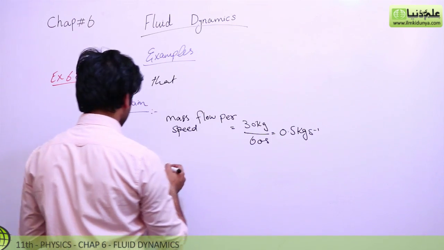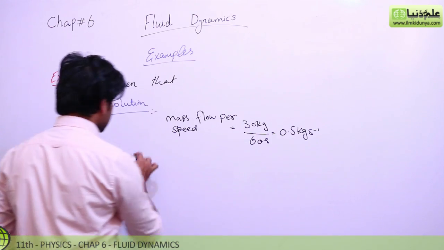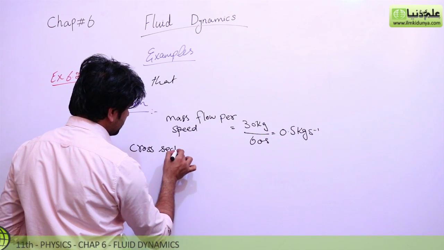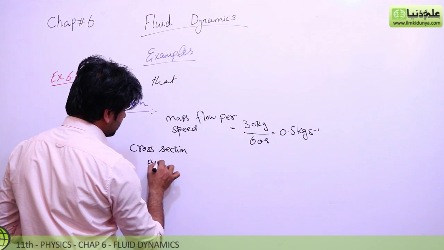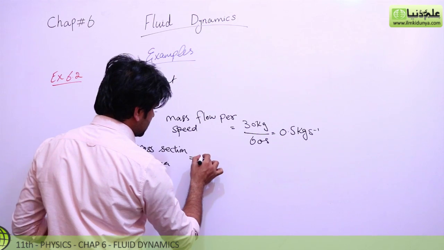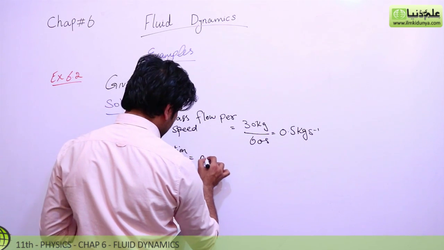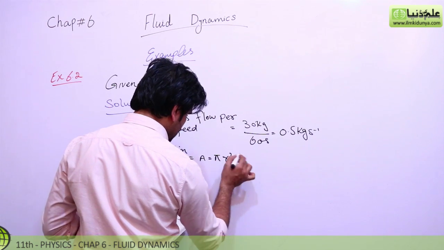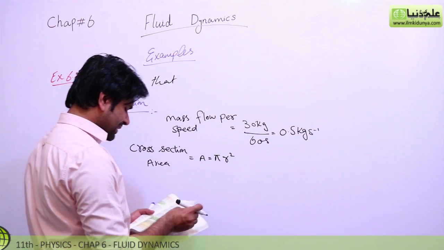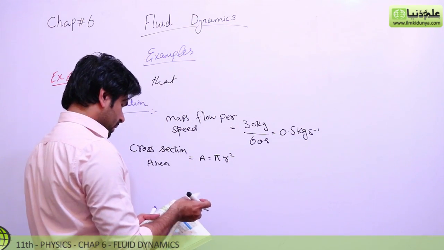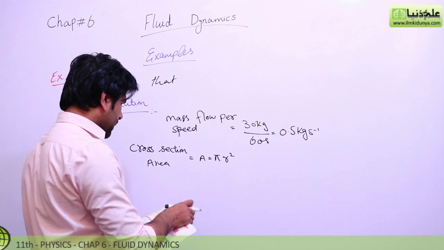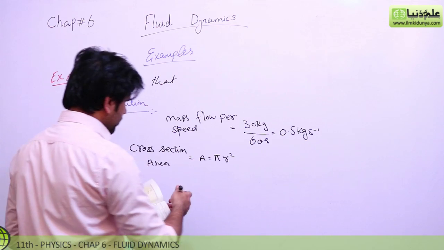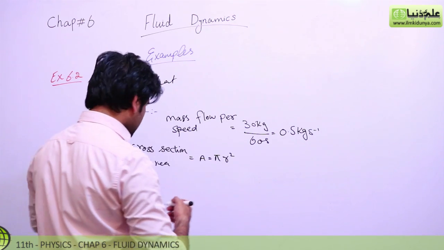Now cross sectional area, we know that diameter is given. We can write the cross sectional area A, which is equal to pi r square. So this is the cross sectional area of the water hose or water pipe. So students, we know that formula. We can find out the formula. Formula is that